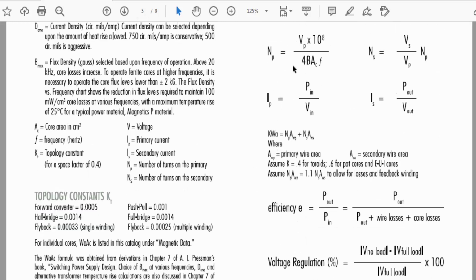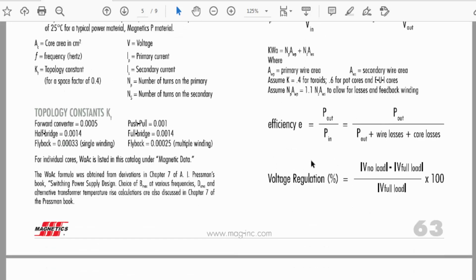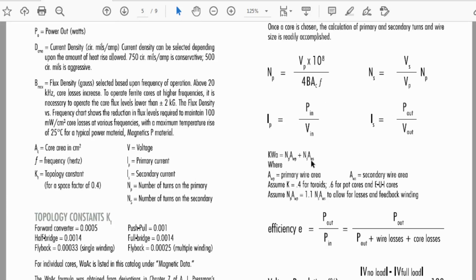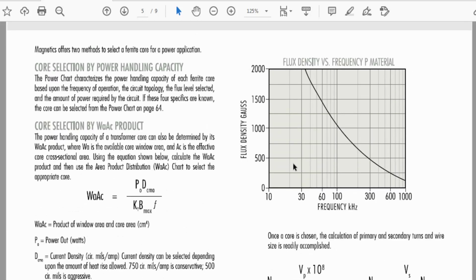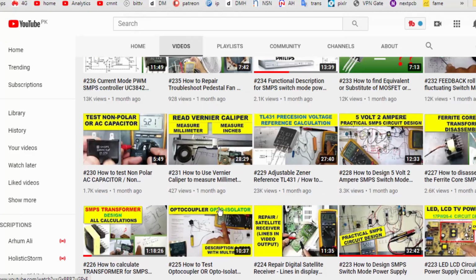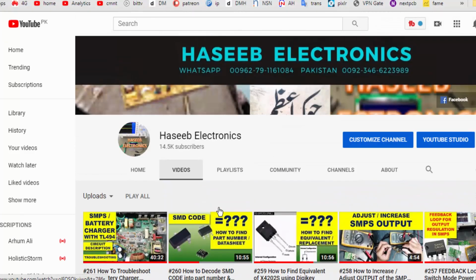Not all parameters are shown here, because you have to calculate the resistance and everything, many parameters. But the basic item, when you use a different topology, is to always use a proper core and derate properly. When you derate it, you will get the useful benefits of a core.